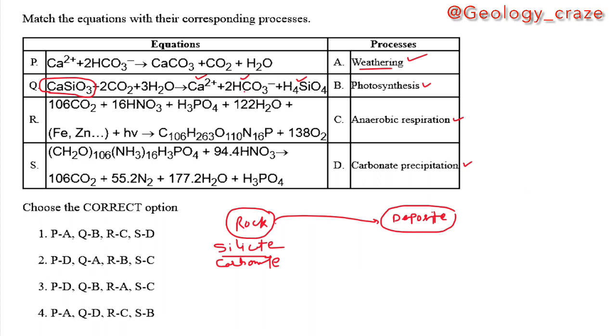Now if these two react with each other again, we will get CaCO3, which is a carbonate. So Q is for weathering, and this AP is for carbonate precipitation. On the basis of that, our answer is